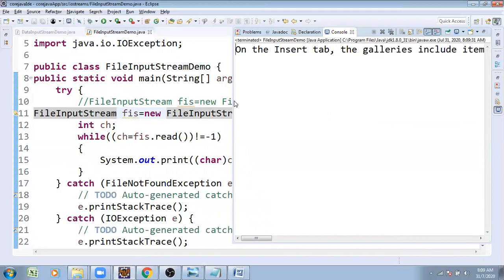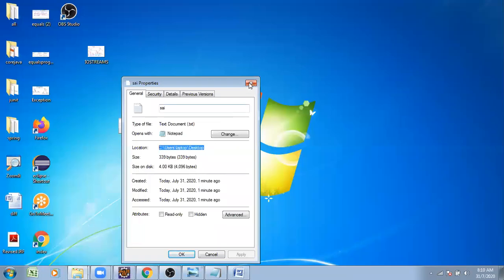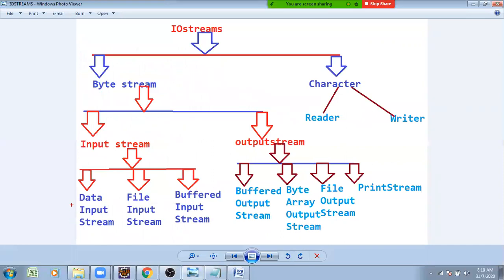How to read data through the keyboard continuously with the help of DataInputStream, how to read data continuously from a file with FileInputStream, and similarly how to read data from buffer storage, we wanted to concentrate. Now I wanted to concentrate on one more logic: how to generate the file. Still we have seen how to read data from a file; now how to generate output on a file is the logic I am going to expect.